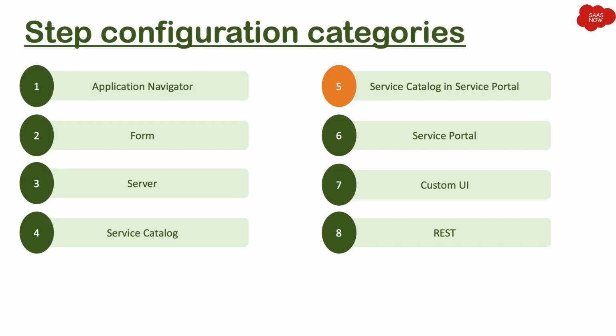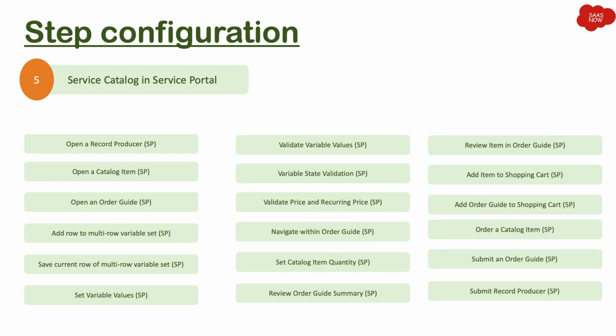The next step configuration category is Service Catalog in Service Portal. Whatever forms you create in Service Catalog, how exactly you can test those catalog forms in Service Portal. Now there are different step configurations for Service Catalog in Service Portal testing,